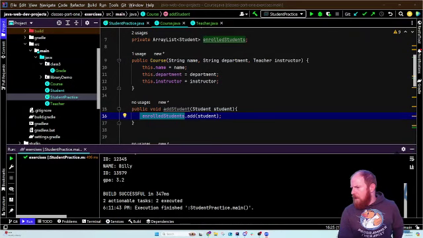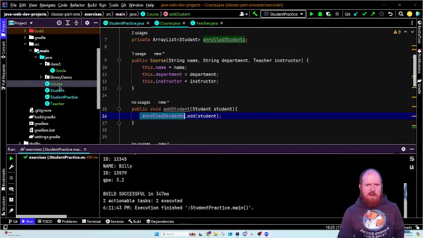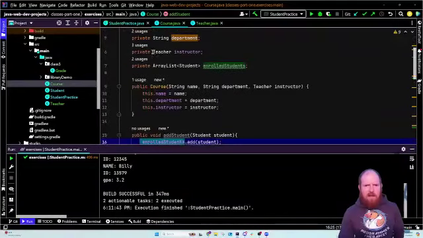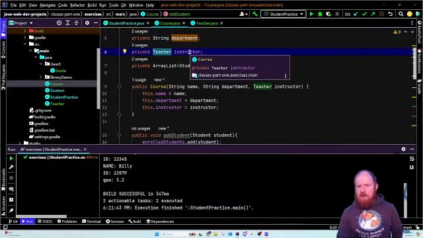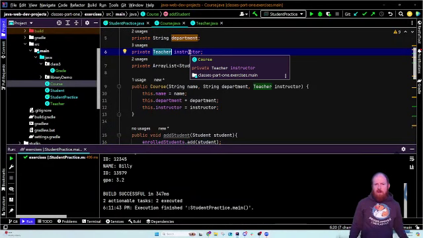I did that. Why did I use in course? Why did I say that I wanted it to be a teacher here and not just a string? If you wanted it to be a string, that's fine. I'm just showing you that these can be objects. They can be whatever you want to. And when we start actually putting a database on the back side of this, it will make a lot more sense, because we might have a teacher database that has all of our teachers that are already structured for us. And so instead of just putting in a name, it's going to put that whole entire teacher object